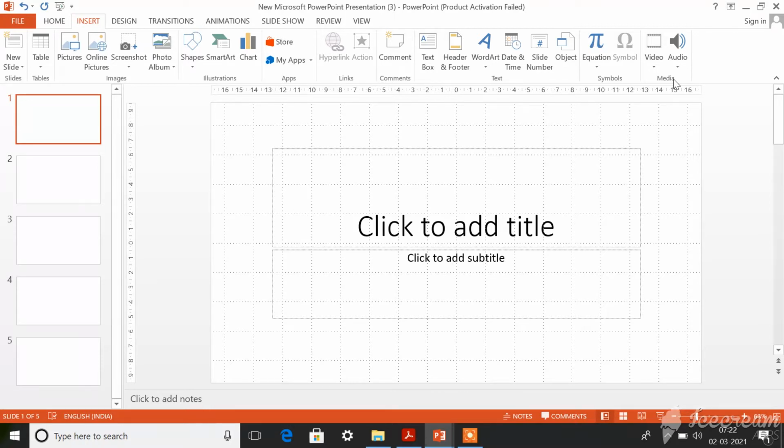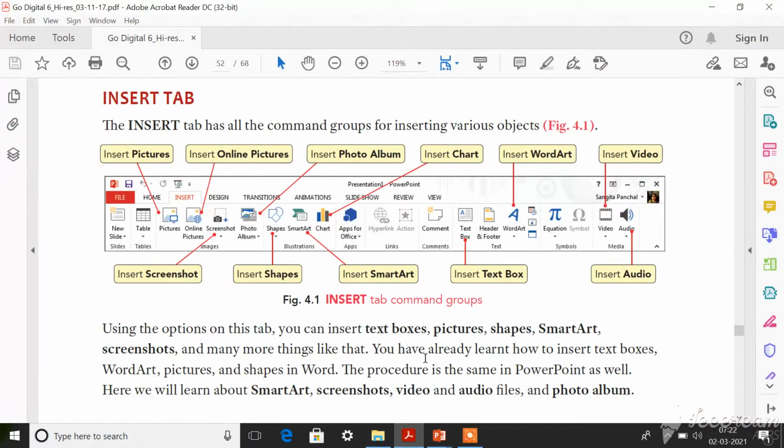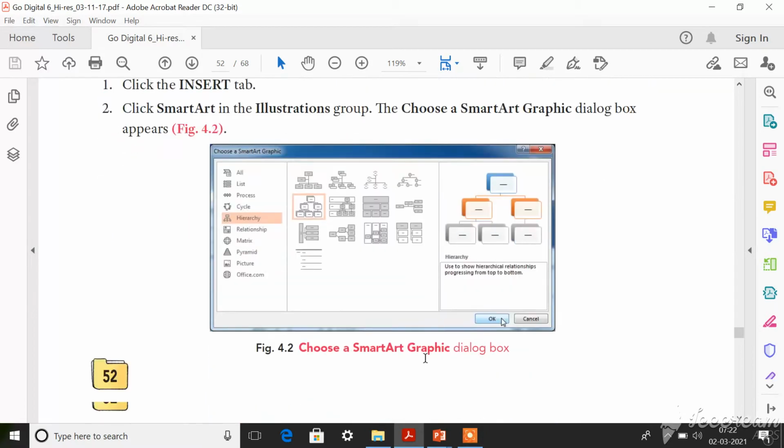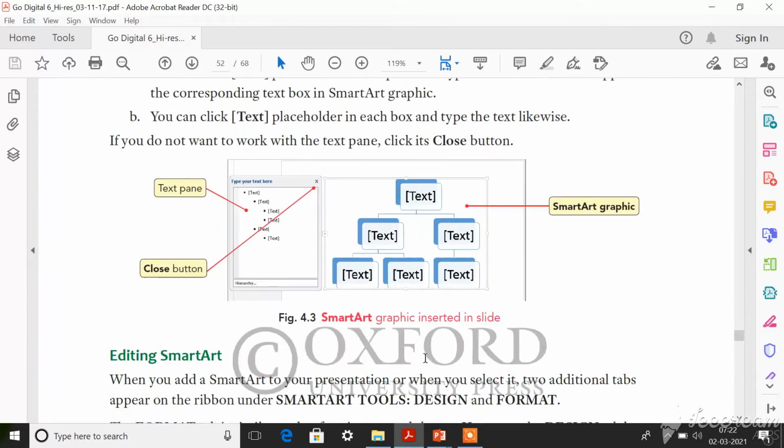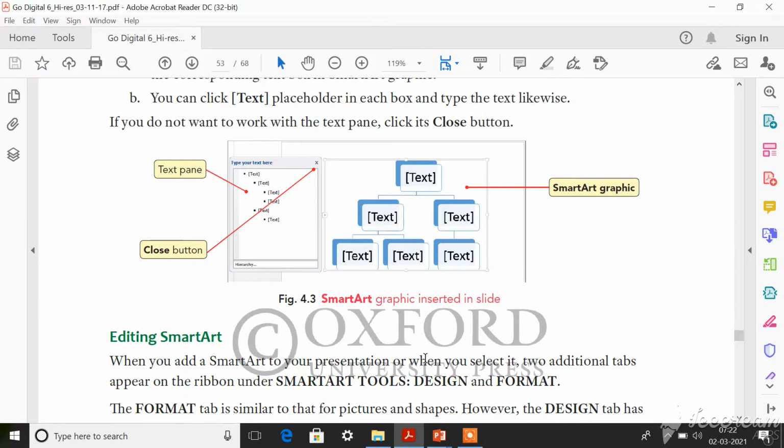You can make use of that option whenever you want to show something in your presentation in a hierarchy format. You know what a hierarchy is? Let me show you in your textbook. Look at page number 53, dear children. You have Figure 4.3, a SmartArt graphic inserted in a slide.